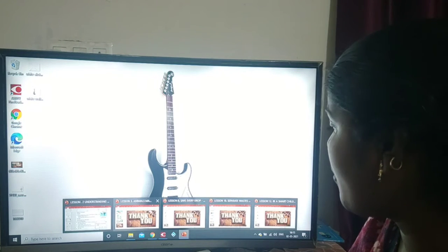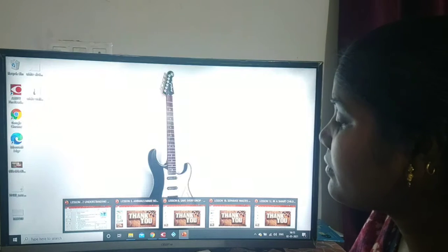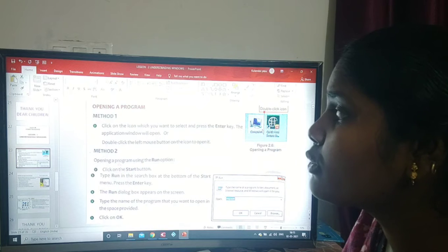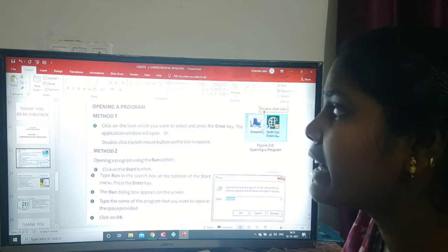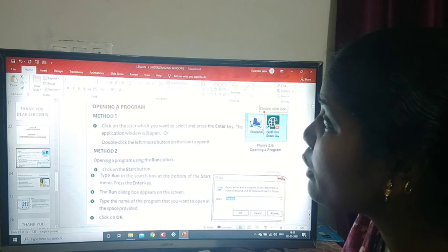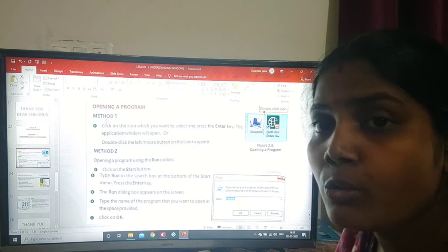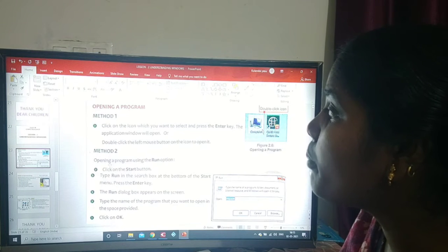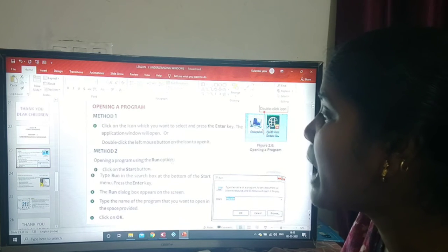Okay, so now we have method 2: opening a program using the run option.